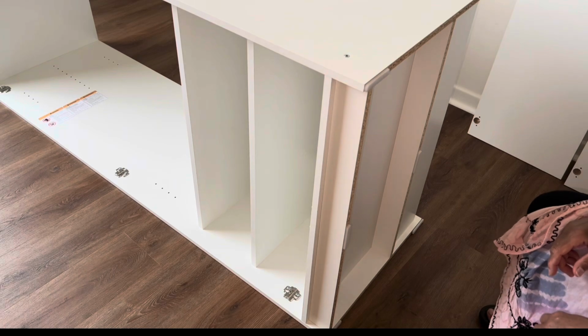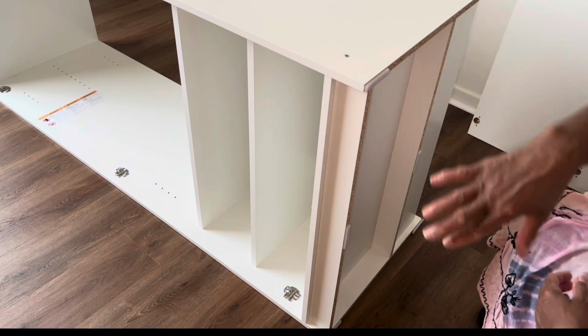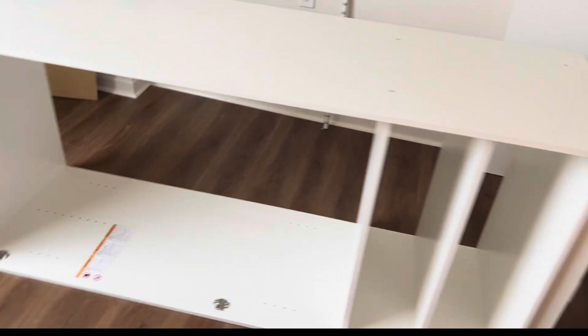Okay, so we're gonna flip it on its face. Okay, this is gonna be hard. No, it won't. Oh, okay, just this way. We're just going forward. You have to be careful we don't scratch. Yeah, we'll be good. We're gonna put down the cardboard,